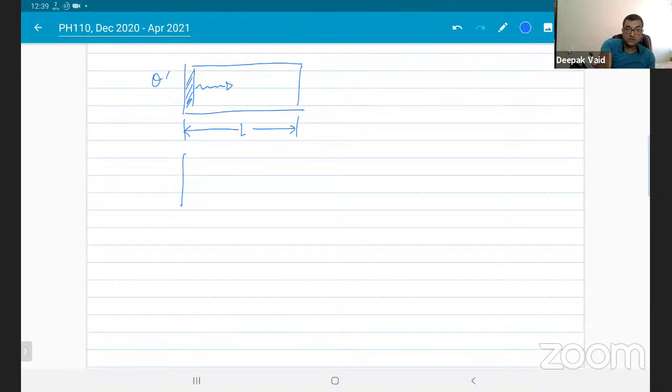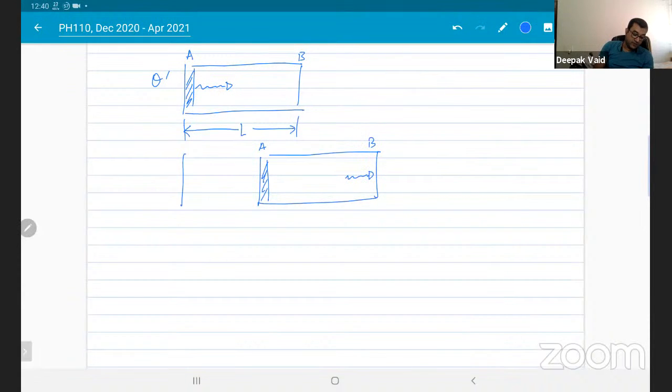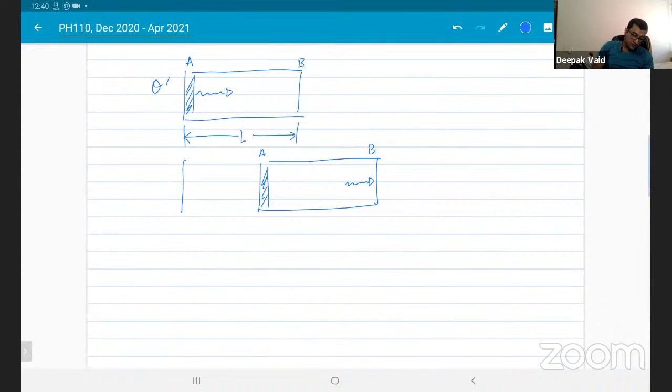Now let's say that this beam of light reaches the other end. So this end is A, this end is B. Let's say by the time the beam of light reaches the other end, this beam of light has been emitted from A, it reaches the other end over here, and it takes an amount of time, which is delta t1. So in this amount of time,